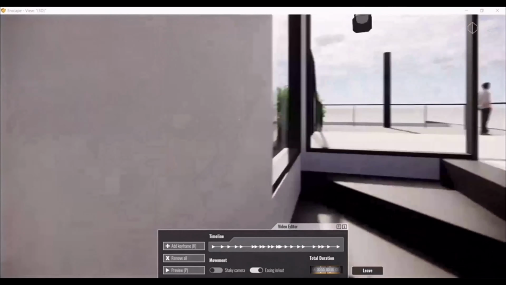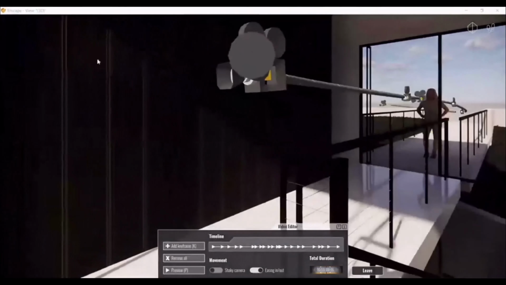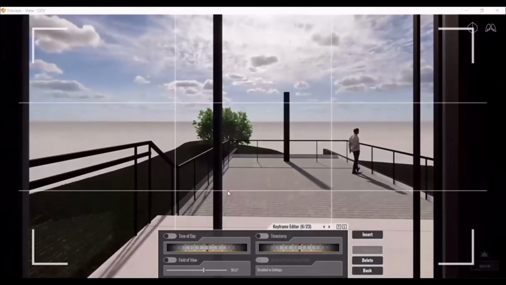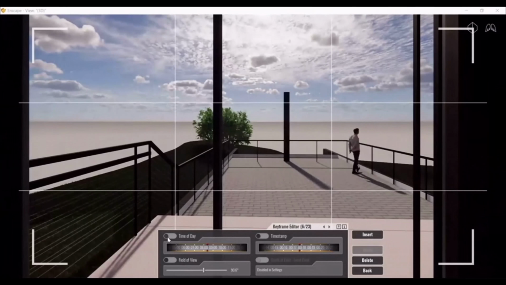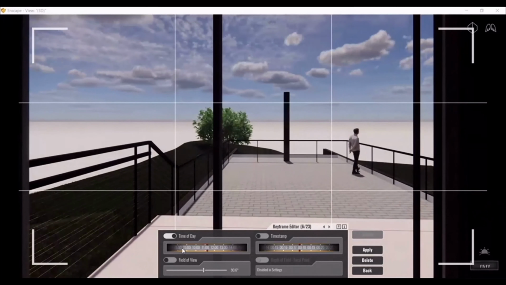All the camera placements are there, and if you select your cameras, you can change all those. You can change what will be the time of day, and you can change the moment, the timestamp, so everything you can change.